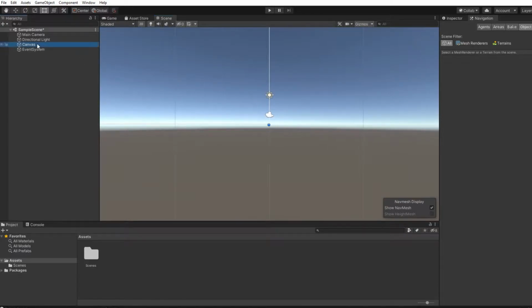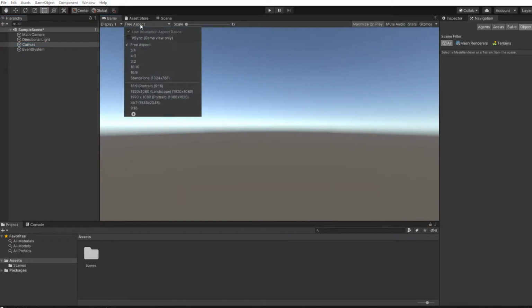We want to make this game for mobile devices, so we need to set up the game window size. To do that, we go to the Game tab and we change it from free aspect to 1080 by 1920. If you don't have this size, you can simply go to the plus sign, add new item. Select your width and height, in our case it's 1080 by 1920, put the label for that resolution and hit